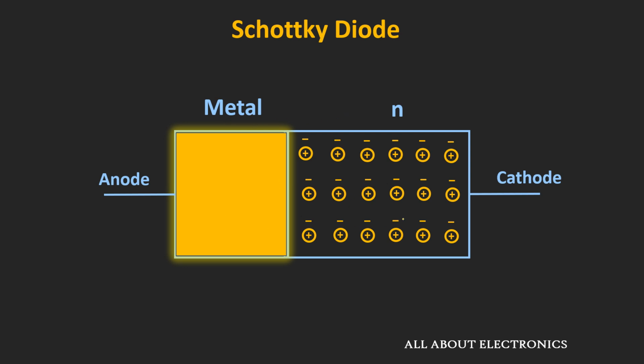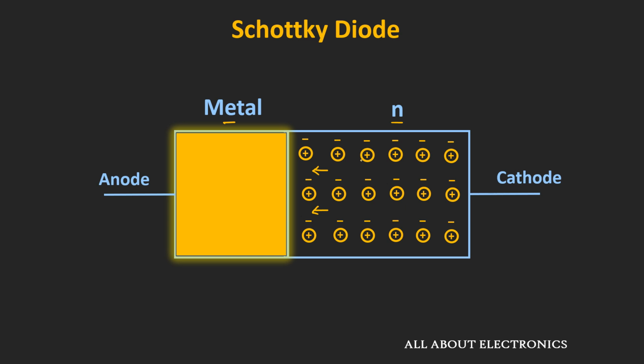So in the Schottky diode, the semiconductor used is an N-type semiconductor, and for the metal, different host metals like chrome, platinum and tungsten are used. Here in both materials, the electron is the majority carrier, and when these two are joined, the electrons from the N-type material will flow into the metal, establishing a heavy flow of electrons into the metal. Now since the injected electrons have very high energy compared to the metal electrons, these carriers are known as hot carriers, and that is why the Schottky diode is also known as the hot carrier diode.